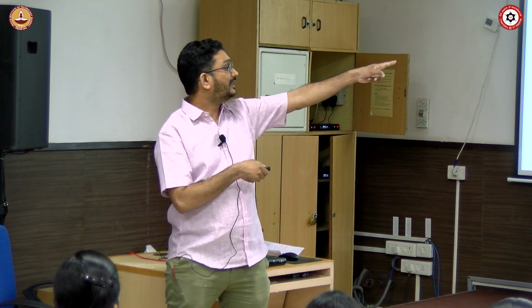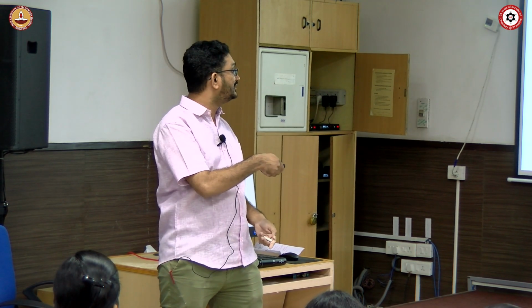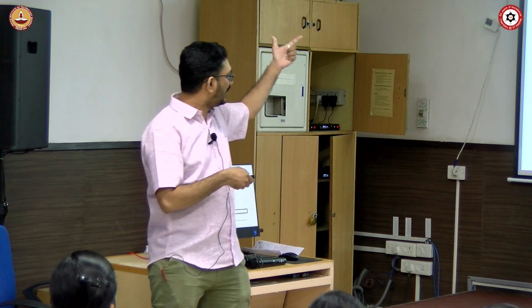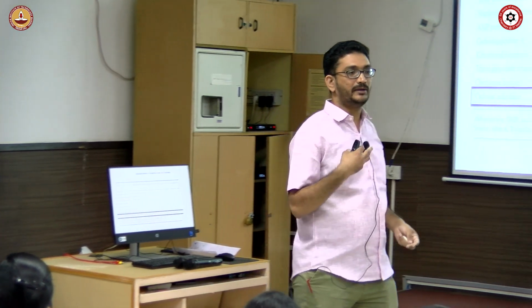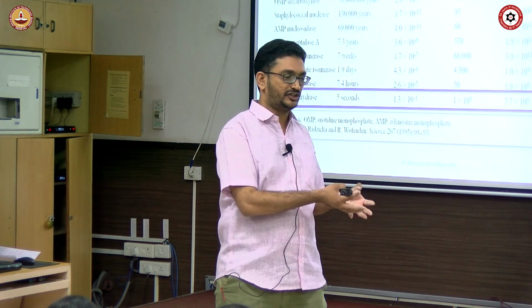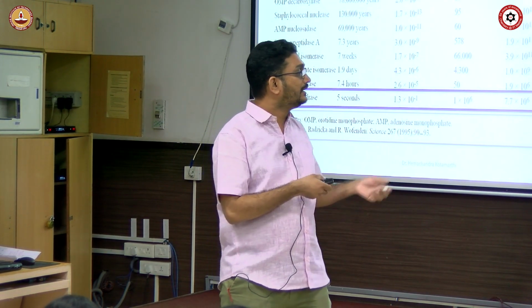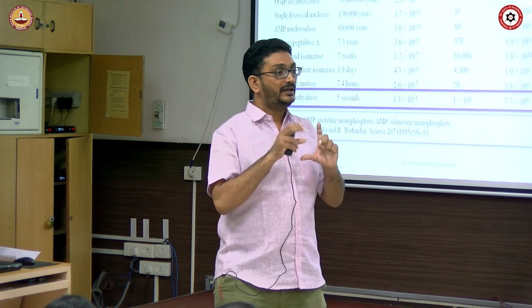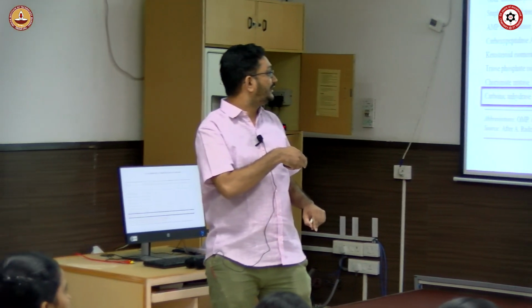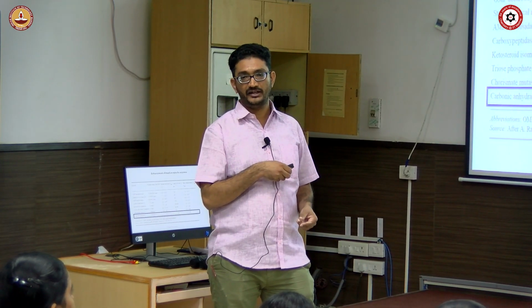I have given an example of 10 power 6 to 10 power 9, but in this case you can see even reactions that are much faster. So you see all these enzymes are doing nothing but your chemical reactions, but if you do this same reaction in a test tube, it would take a long time, but the enzymes do it by increasing the rate of the reaction, and basically they do a huge rate enhancement, right?